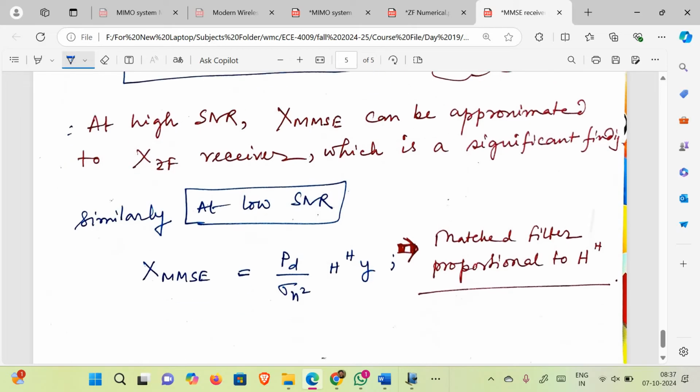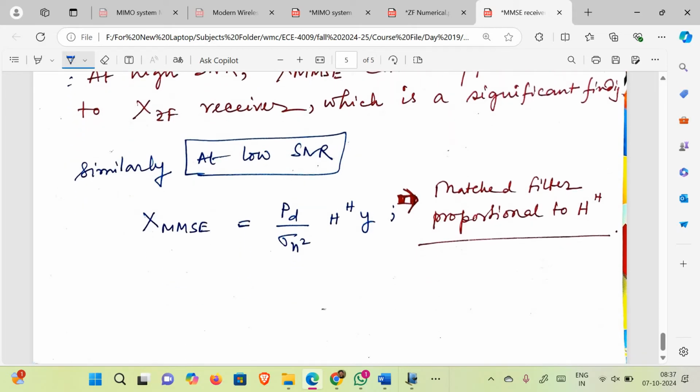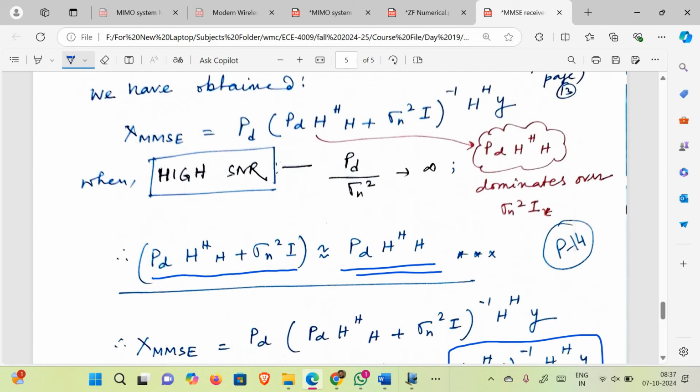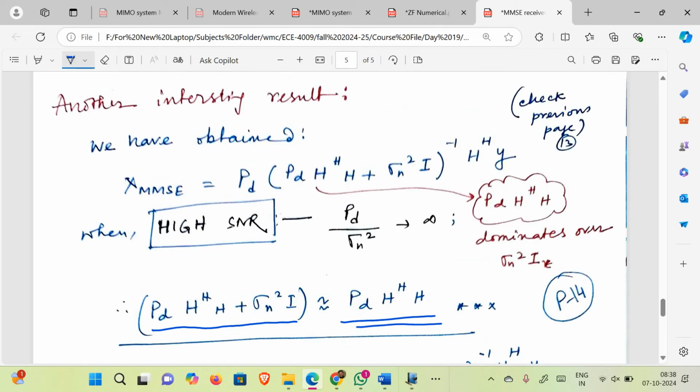That is one thing. And at low SNR, it also works as a matched filter proportional to H inverse. That is not entirely needed, just information. So at low SNR or at high SNR, this MMSE is a generic case, you can say. At high SNR, it will almost behave like a zero forcing receiver. So we have discussed the two receivers. Both of them are linear, and both indicate that there is a cost function based on which one wants to optimize the input data. Based on the final matrix, suppose you are given a question like this, the only thing you have to do is to